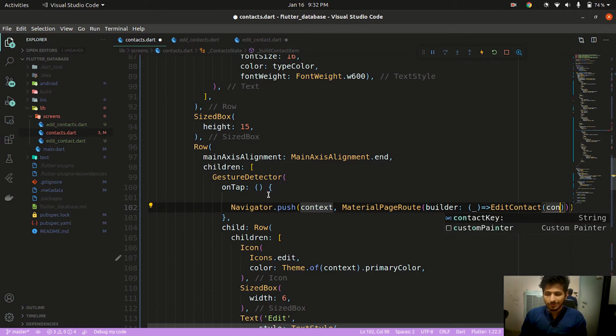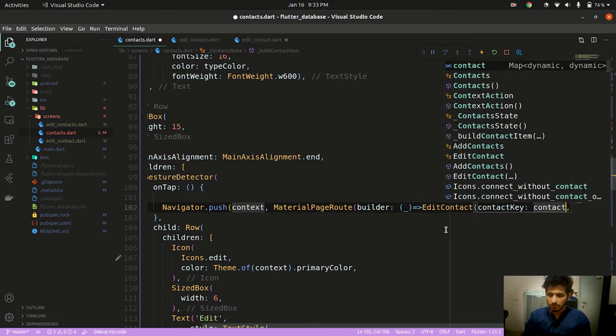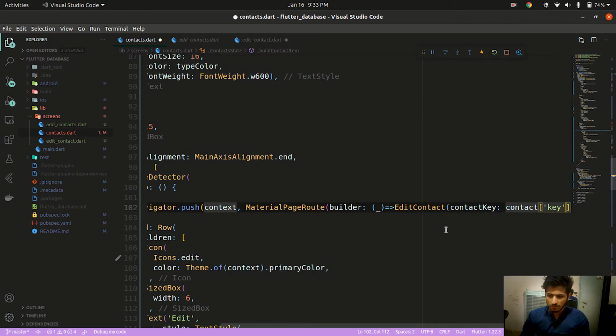And here we will pass this contact key which we have just got from our snapshot key. We have got that by snapshot key. So let's just pass this contact key.